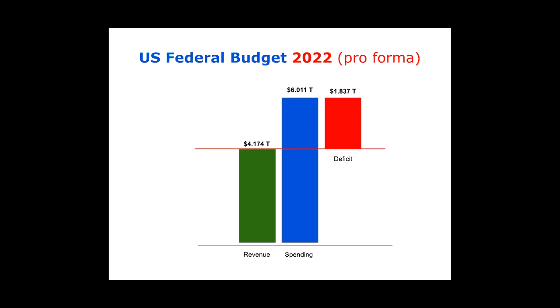And so here we have the 2022 pro forma budget. This is from October 2021, and you can see that we're planning on spending $6 trillion. This is kind of the new baseline. Maybe this is just for the period of time when the pandemic's going on. These types of pandemics take a few years to work their way through the community, but we're now in a situation where even on a pro forma basis, we're projecting a $2 trillion deficit and spending of $6 trillion. So this is kind of where the budget stands right now.